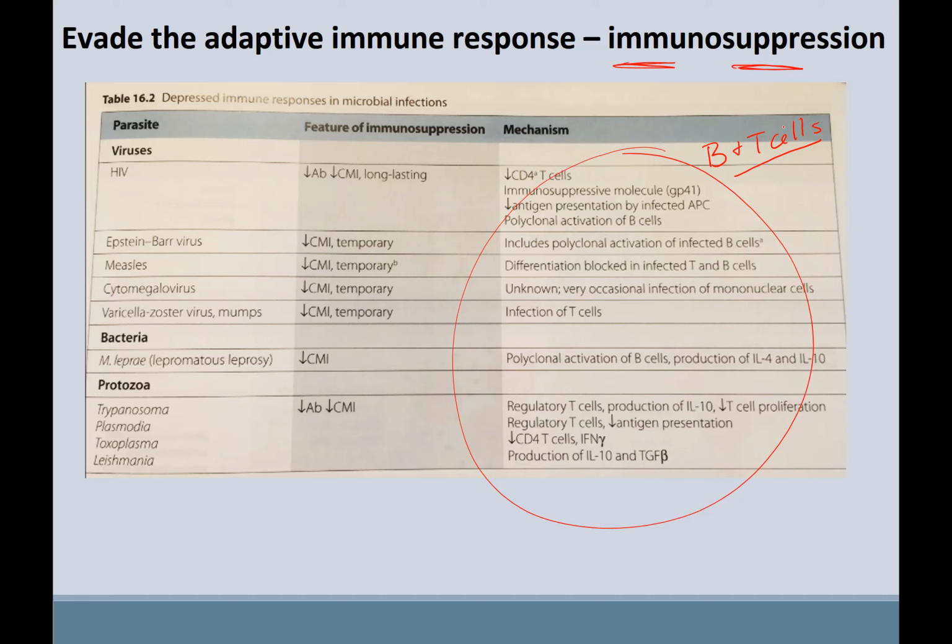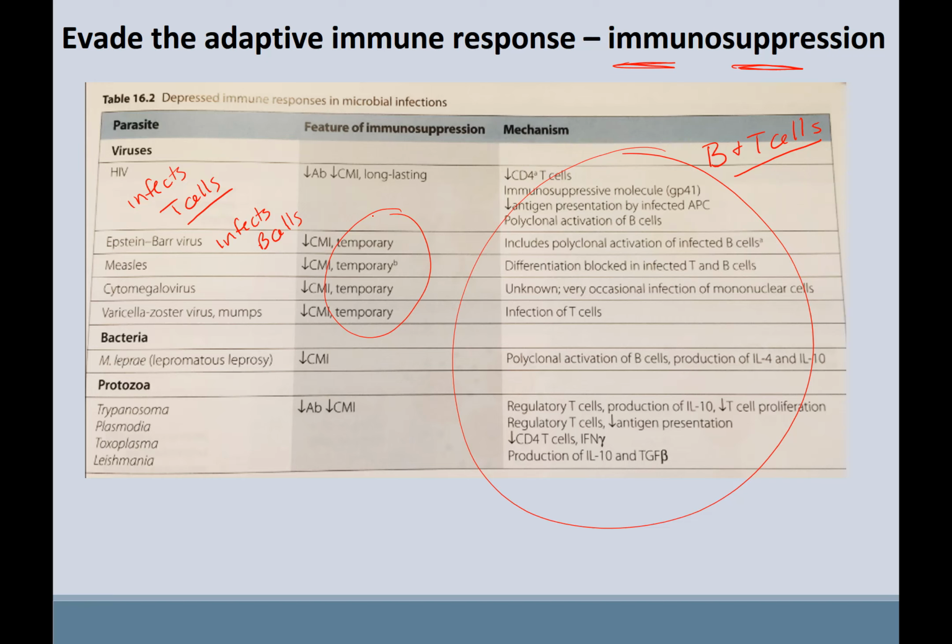Okay. So some organisms actually infect immune cells. So like HIV infects T cells. Right? Epstein-Barr infects B cells. And so on. And so some of these pathogens suppress your immune system by infecting those cells and either killing them or disrupting their cytokine production. And so these temporary ones are really important because it gives the organism, the pathogen, time to